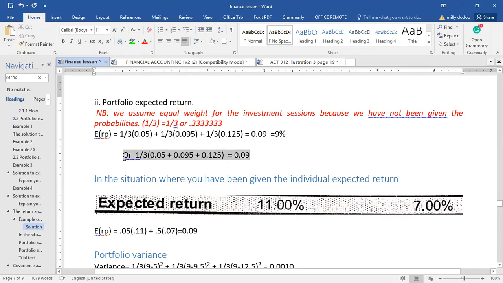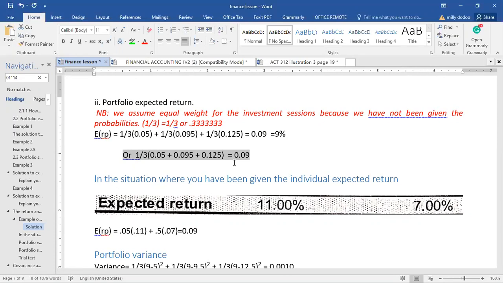But take note: before you use this particular method, the one I have highlighted, you will only use this way of solving a question if the investments have equal weights. If the investments have equal weights or equal probabilities, then you can go this way